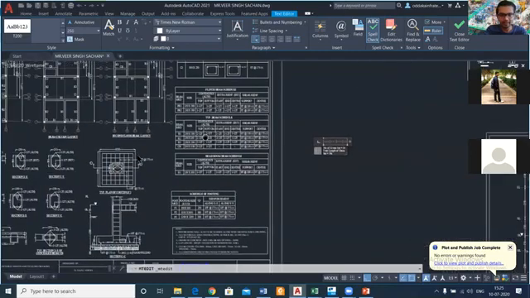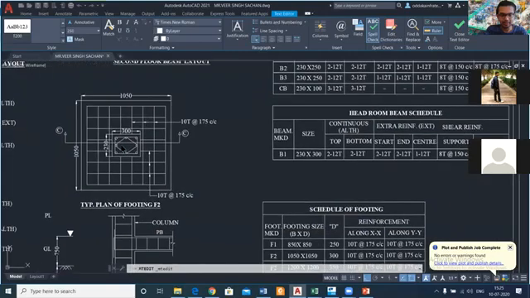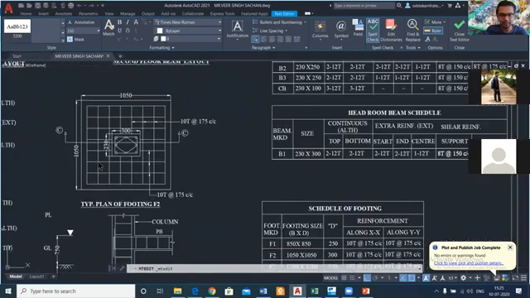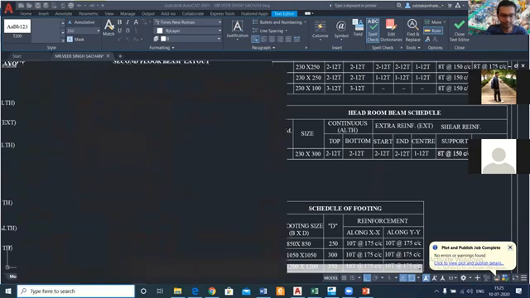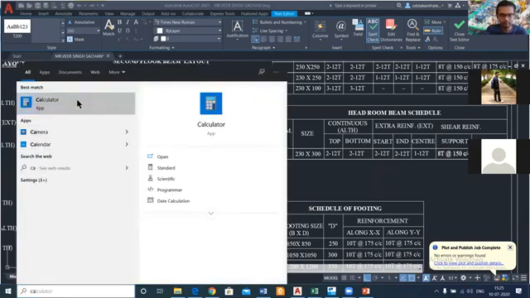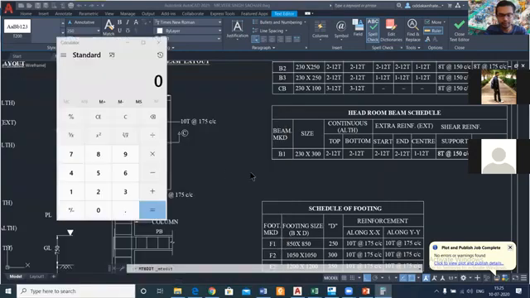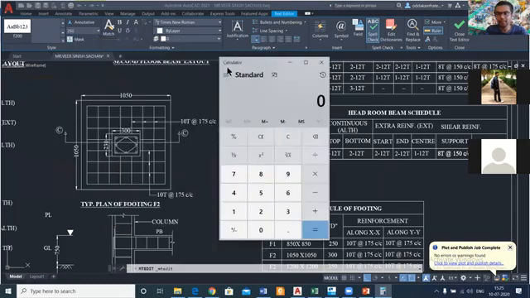So for determining the length, as you can see, this will go in the entire length. So basically in this footing, the size is 1050. So we'll just calculate this length here. We'll open our calculator. So the calculator is open. First of all, we'll determine the length of one particular piece of reinforcement. So it's 1050 minus, so what is this distance?